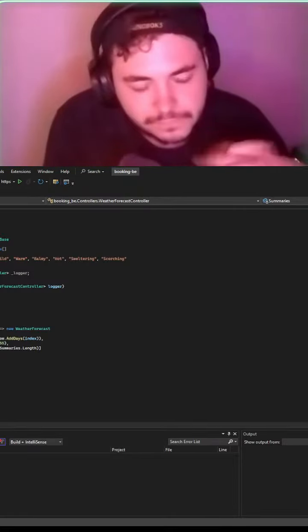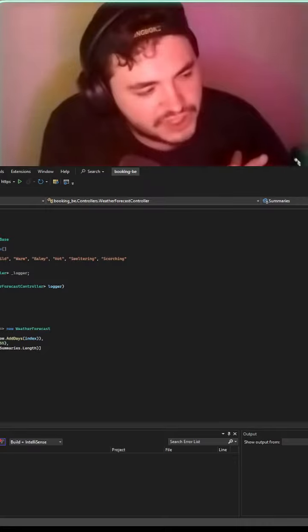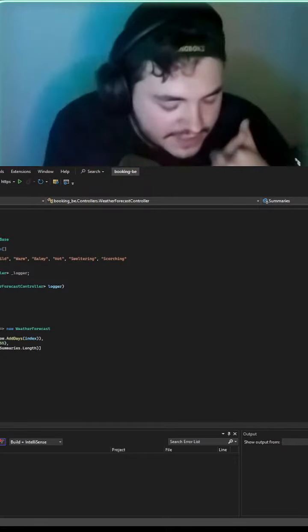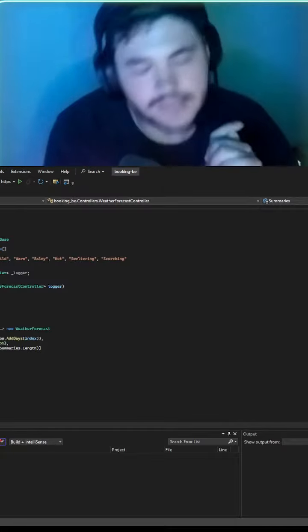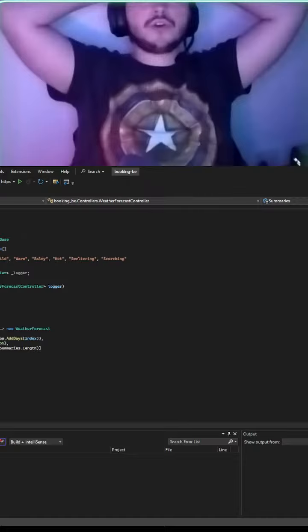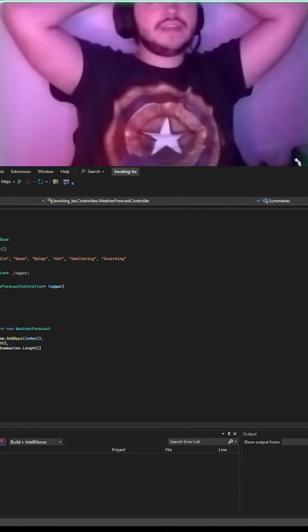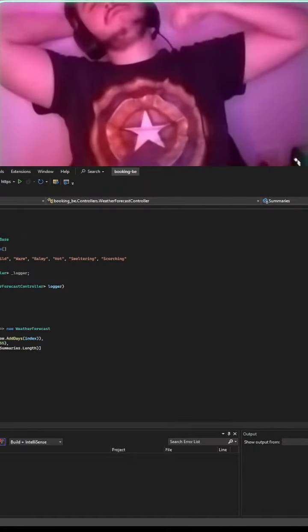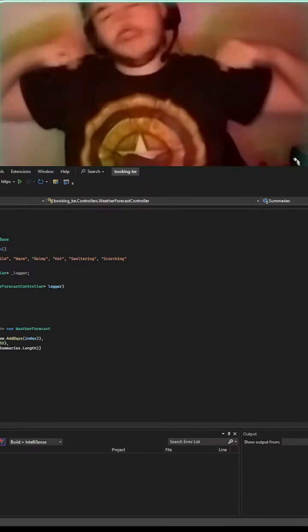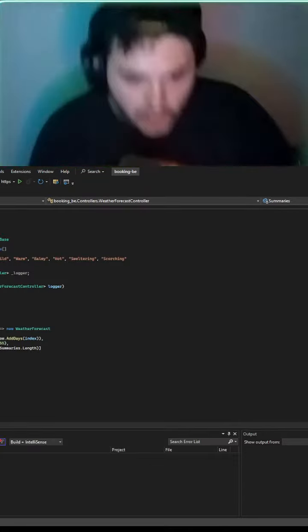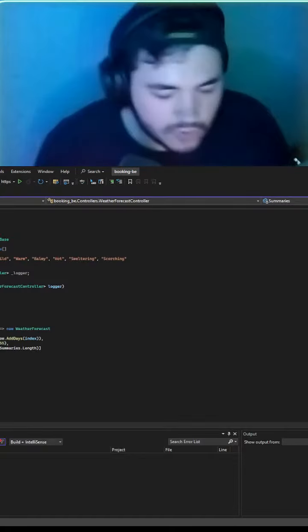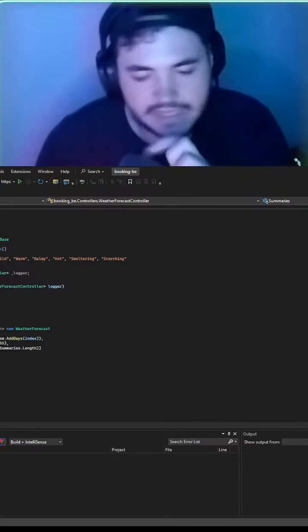Okay, so earlier when we were researching what an MVC is, your model, your view, your controller, one of the things mentioned there is your controller. So what is a controller at the end of the day? A controller is the middleman between accepting a request from the front end and determining what to do with that request, right? And the logic for how to handle that is defined here in your weather forecast controller.